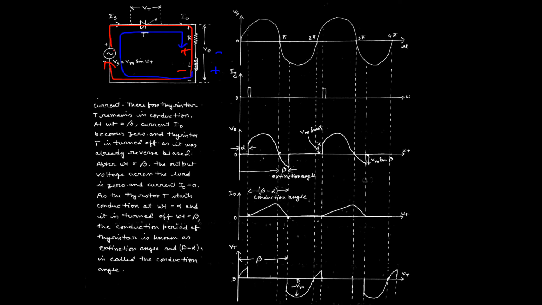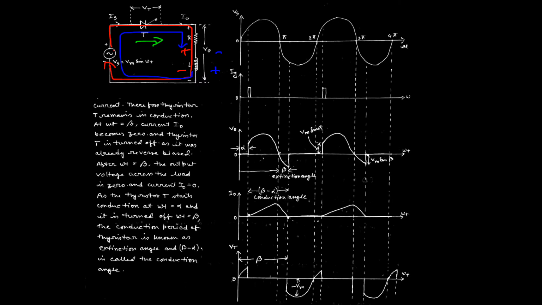That means the charging current of the inductor, defined by the red line, and the discharging current of the inductor, defined by the blue line, across the thyristor are both in the same direction, from left-hand side to right-hand side. So we can say the thyristor anode current cannot fall below the holding current, even though the thyristor is in reverse biasing condition after pi. That is why the thyristor is still in conducting state.